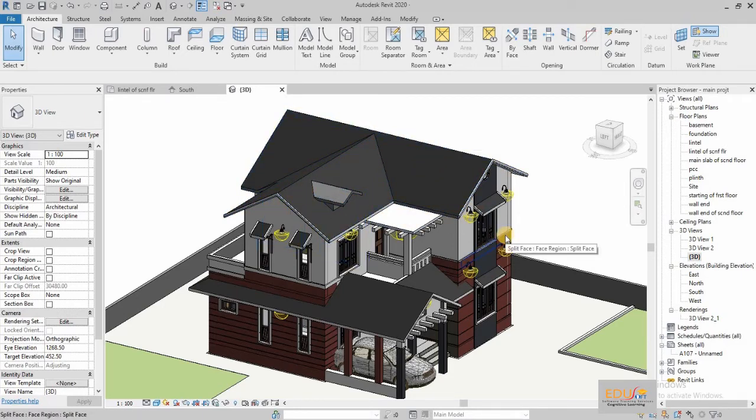Next, place a window for our dormer using the Window tool in the Architecture tab.